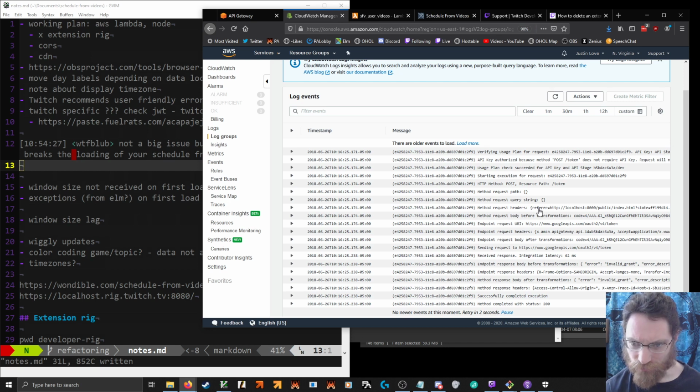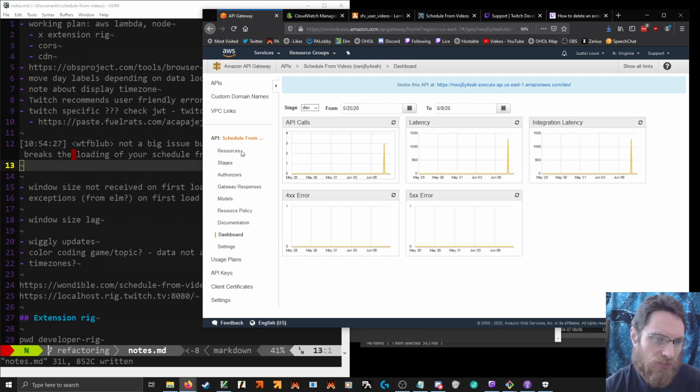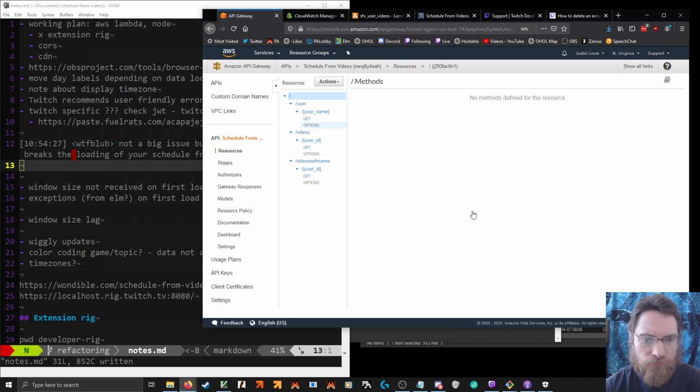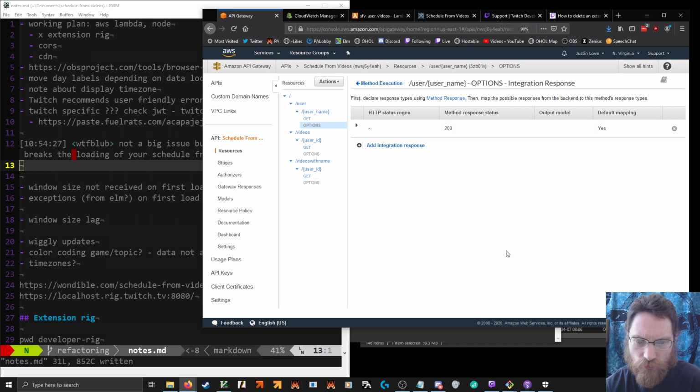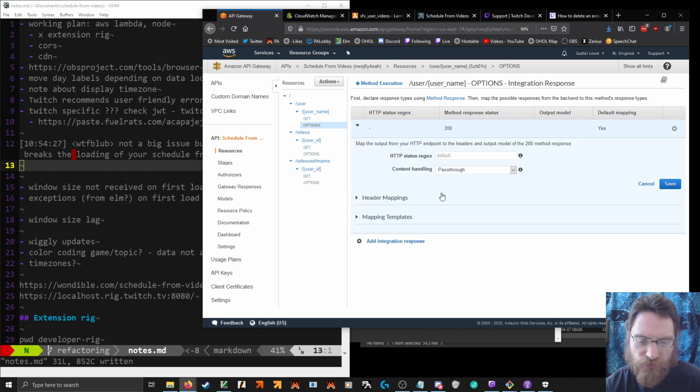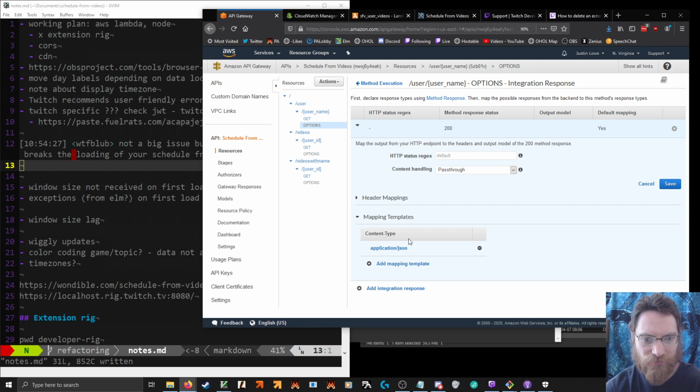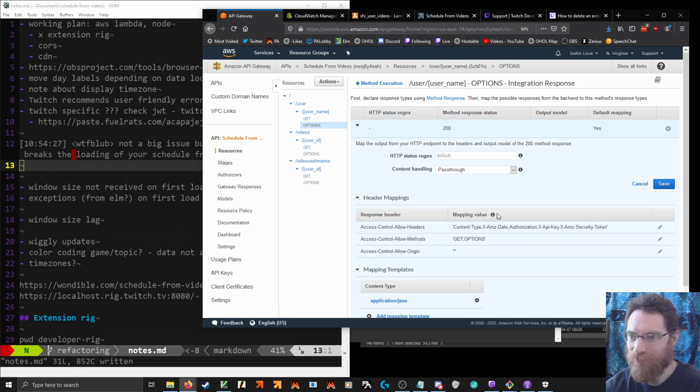Well, there's a refer. Method response. Unfortunately, I don't know if there's any way to update all of these at once. Well, I guess if I can get localhost to work, then hopefully everything else will work.